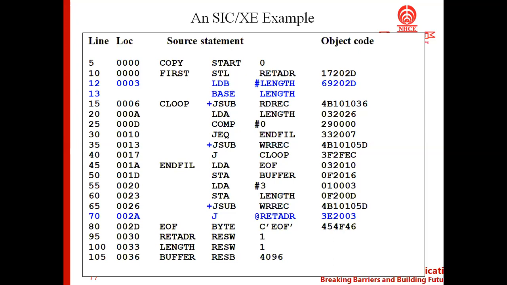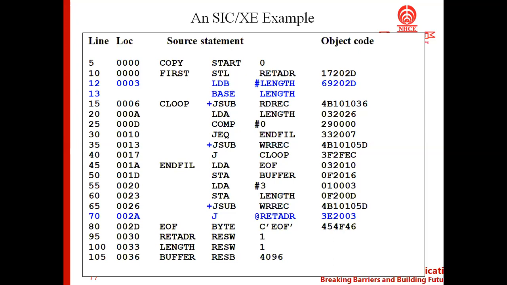So look at line number 10. The same instruction we have, first STL and RETADR. If you look at the address of RETADR, which is in line number 95, and since the starting address starts from 0, the RETADR value is 0030.